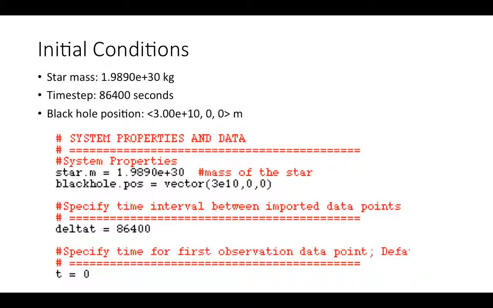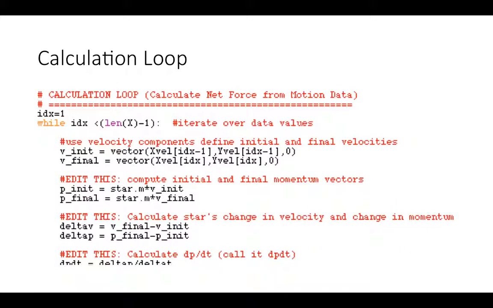I first set my initial conditions in Python. The mass of the star is 1.989 times 10 to the 30th kilograms. The time step is 86,400 seconds, and the initial position of the black hole is 3 times 10 to the 10th meters. The x and y organize the positions and are then derived to give us the x and y components of velocity. Then, when beginning the calculation loop to find the net force, the x and y components of velocity were